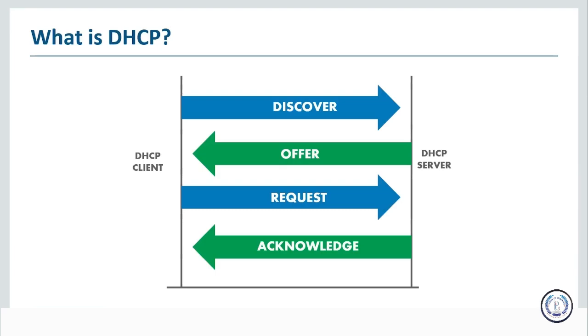Now, a DHCP server manages a record of all the IP addresses it allocates to network nodes. If a node is reallocated in the network, the server identifies it using its media access control address, which prevents accidentally configuring multiple devices with the same IP address. Now, DHCP is not a routable protocol, nor is it a secure one. DHCP is limited to a specific local area network, which means a single DHCP server per LAN is adequate.